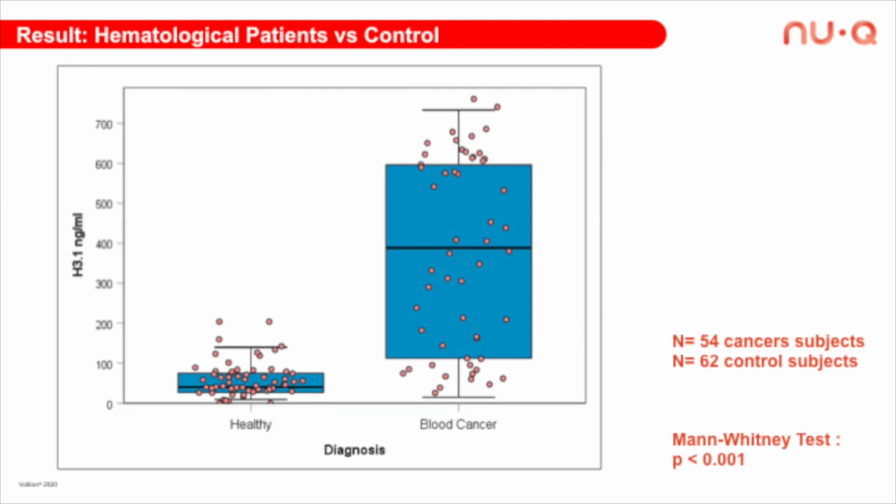This is a box plot of our test results in healthy versus all blood cancer patients. It shows the actual concentration of circulating nucleosome levels as red dots and the range of variability in the blue boxes. You can see quite clearly that healthy patients have much lower average levels than did the blood cancer patients. And anytime you have a gap or a clear separation between the two boxes, you know you've achieved excellent test